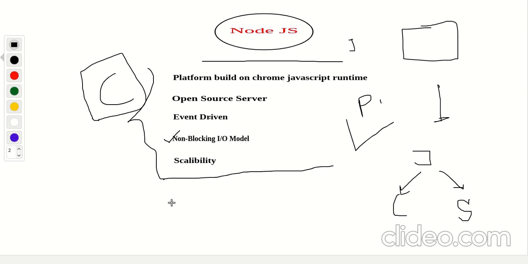Some of them are React.js, Vue.js and Express.js. For the backend, meaning API development, we will use Express.js, and for the front end we are not going to use React.js, we will use EJS or Pug. That is a feature of Express. So all these things we will discuss in the succeeding lectures.